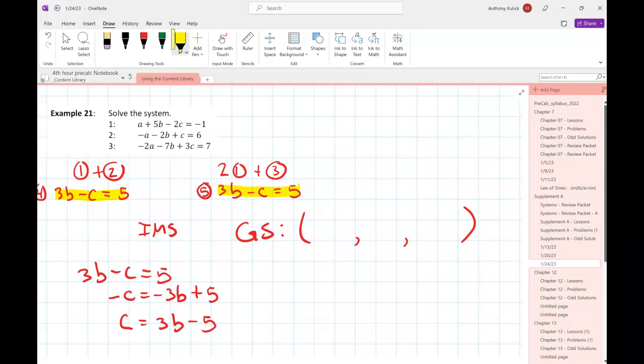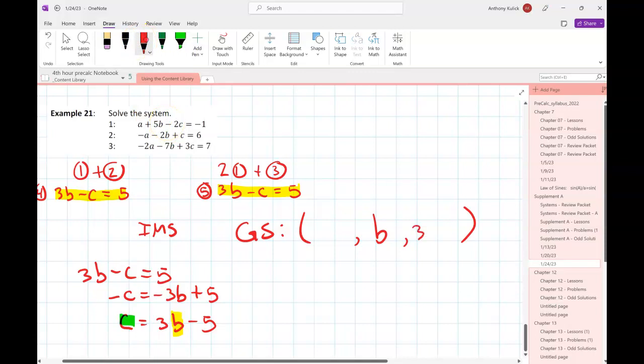All right. So the independent variable in this equation is B. That means the independent variable in my general solution is going to be B. We're told that C is equal to 3b minus 5. So in the C place, I'm going to write 3b minus 5. And then to find A, I'm going to plug the equation C equals 3b minus 5 into either equation 1, 2, or 3. Which equation do you suppose Mr. Kulik's going to choose? If I'm looking to get A,